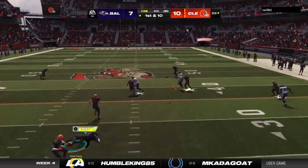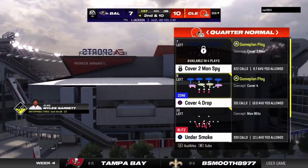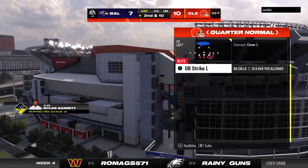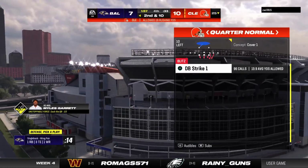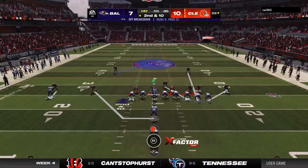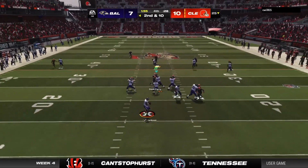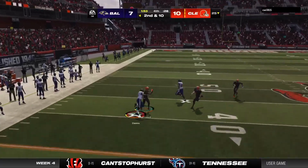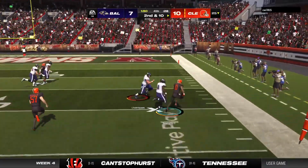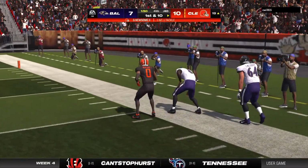Jackson now. And the coverage terrific there as that's knocked down and incomplete. Well, that's where this Cleveland crowd, the dog pound in particular, make it difficult on opposing offenses. It looked like they might have had troubles communicating at the line, and it leads to the incompletion. Jackson. Oh, and that's going to sabotage their comeback plans. It is intercepted. Picked off by Greg Newsome. Well, you knew